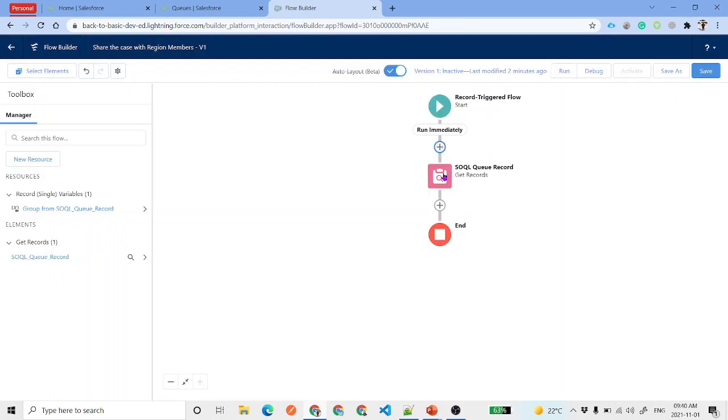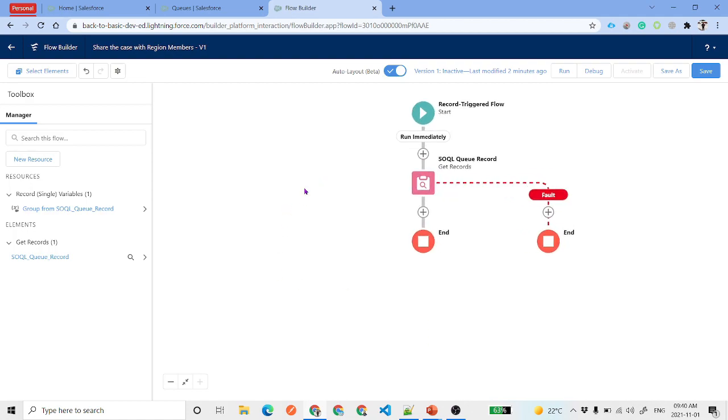So we have just got the queue record, which is very simple. Now, whenever you are sharing a record to a queue using Apex or Flow Builder, you cannot directly share that record to the queue. First you have to find the queue, then you have to query the QueueSobject object, which is basically the object that contains your queue, which contains your group as well. And then after, you need to share the record with that object.